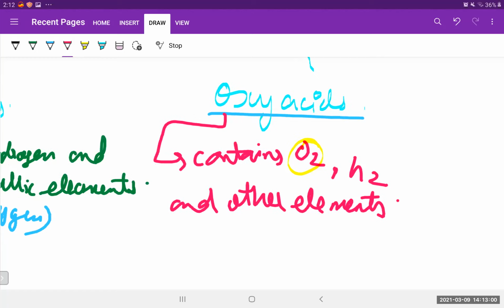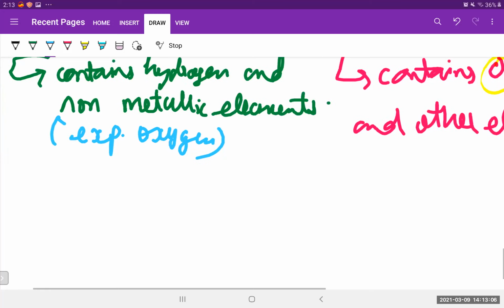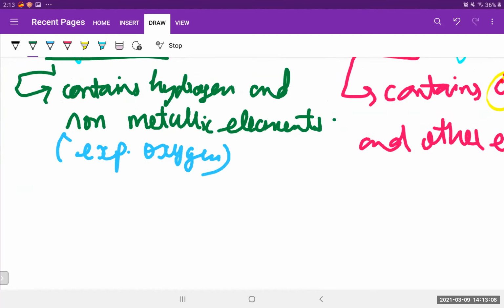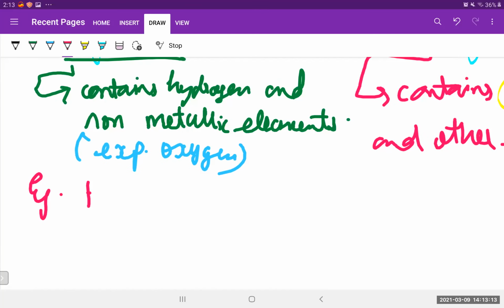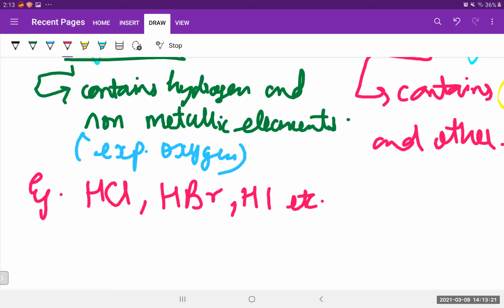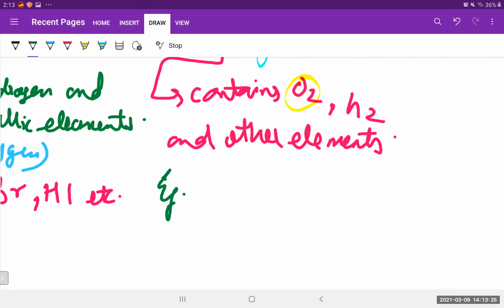So let's write some examples of these. The ones having only hydrogen, no oxygen. Tell me the examples of those. Anybody who knows, tell me first. Hydrochloric acid, HCl, HBr, hydrogen iodide, etc. If we talk about the examples of these, then the examples will be